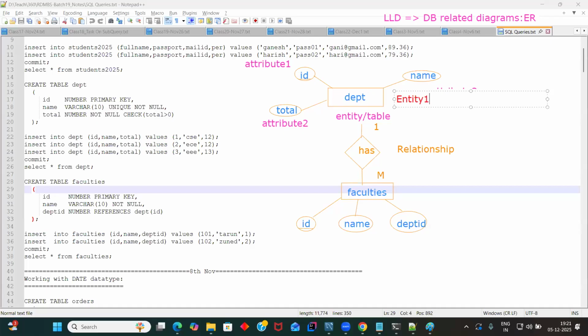Because this is entity one, and this is entity two. And what kind of relationship do they have? Yes, a one-to-many relationship. So I gave an LLD for two tables. I gave an LLD for a very minimal case, two tables. But guys, in your project, you may have more than 50 tables. You may have more than 100 tables. Again, how can I see all the tables on a